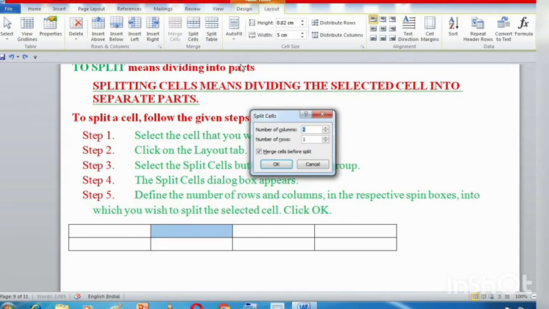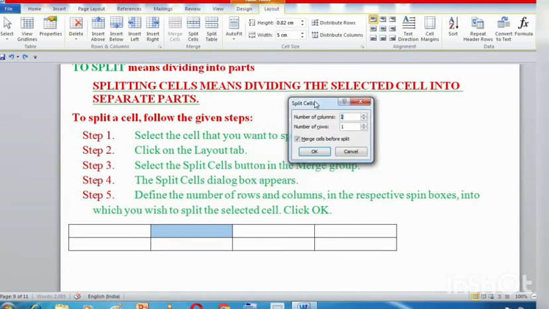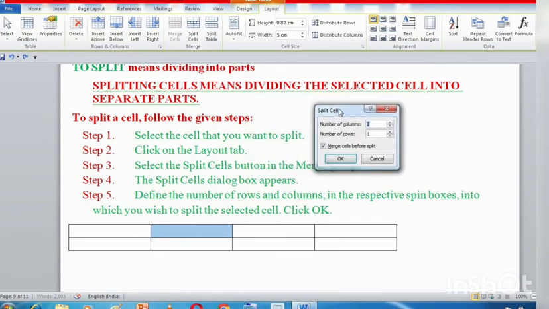As soon as we click on the split cells button, a split cells dialog box appears. See this dialog box over here. In this dialog box we have to define the number of rows and columns.